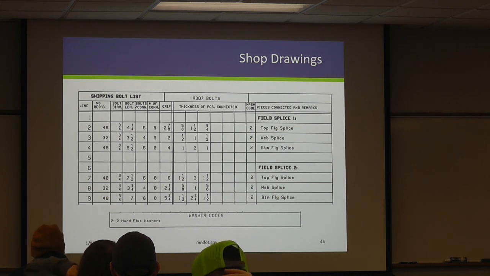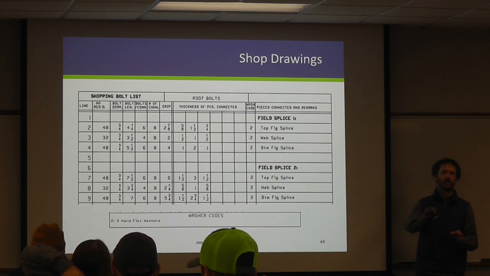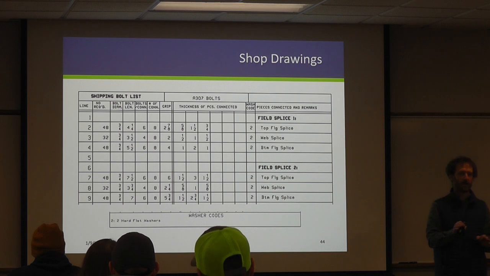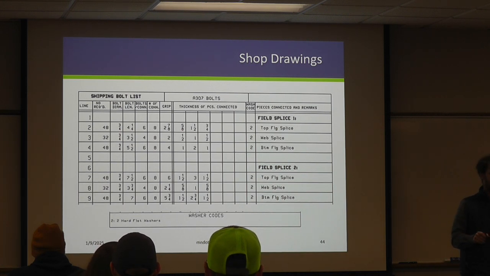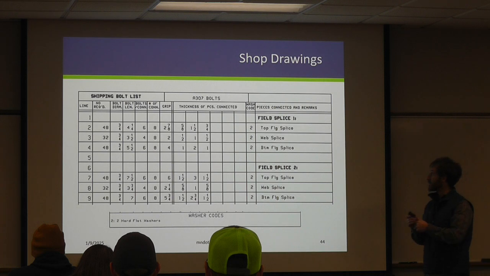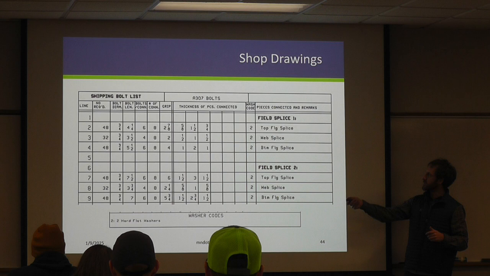An important piece with any job, especially if you have bolted field splices, is understanding how to read this bolt shipping list. In your contract plans, you're not going to find the length of the bolts that are required to make your field splices. Depending on the top flange, the bottom flange, and the web, you might have 3 different lengths, or potentially 6 different lengths if the steel thicknesses change from one side of the splice to the other. So it's important to know where the shipping bolt list is, so that you can start to get some of those details. In this case, in field splice number 1,